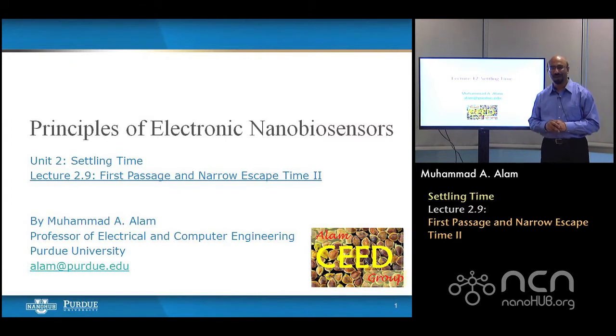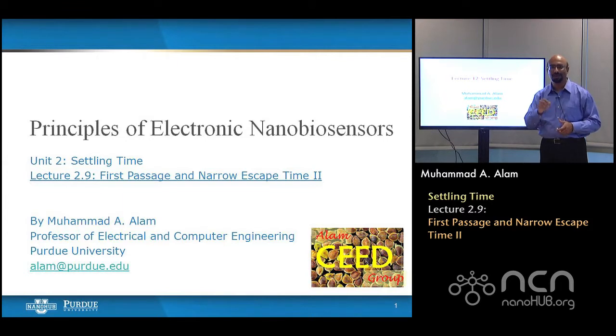Welcome back from the small break that we just took. Before the break, we had been talking about how the things that we have learned for biosensors in terms of its diffusion limit, how the biomolecules arrive on the sensor surface, that same physics in terms of the diffusion equivalent capacitance can now be flipped on its head and used to solve an interesting problem in the biophysics itself. So I told you about this issue about mean first passage time, that if you have a protein